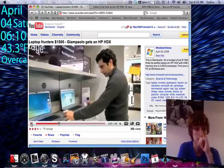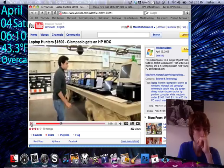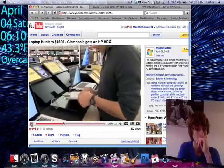2 GHz processor. Let's see what else we can find. Let's go check out the Macs. This is so sexy, but...